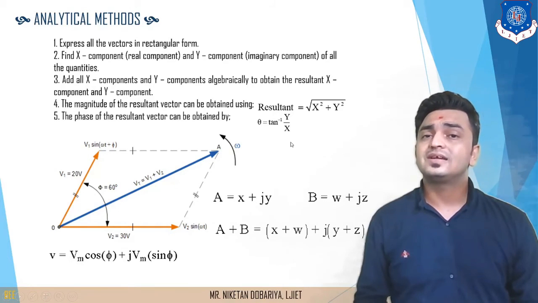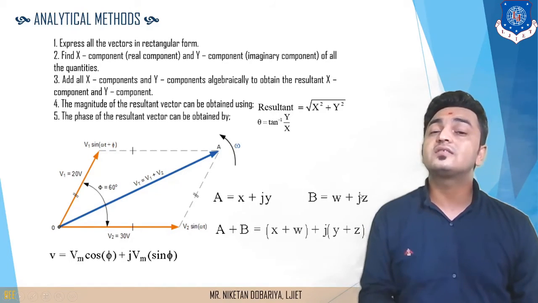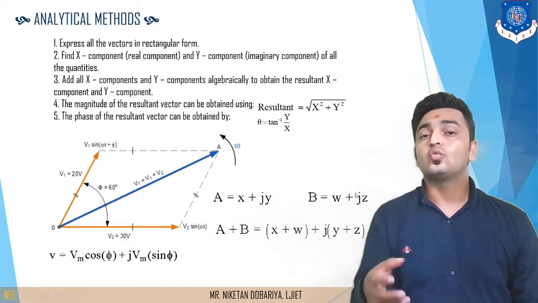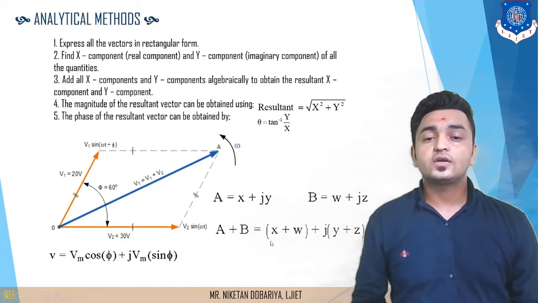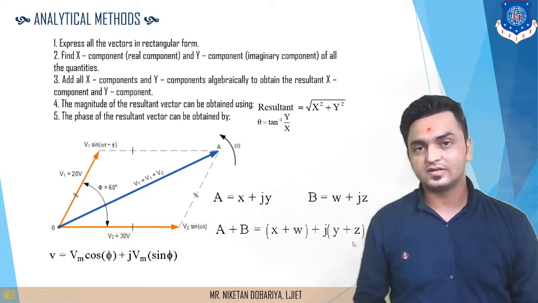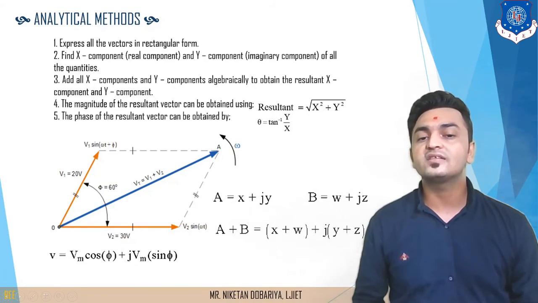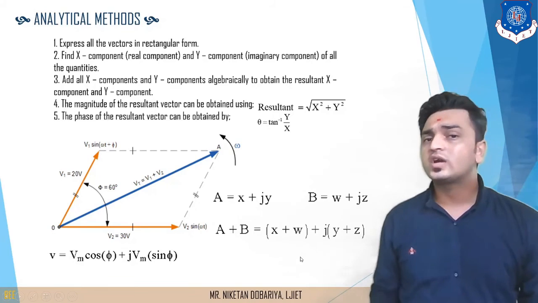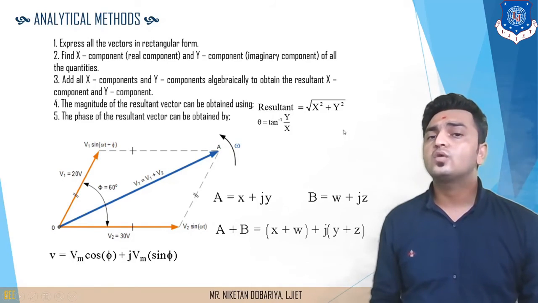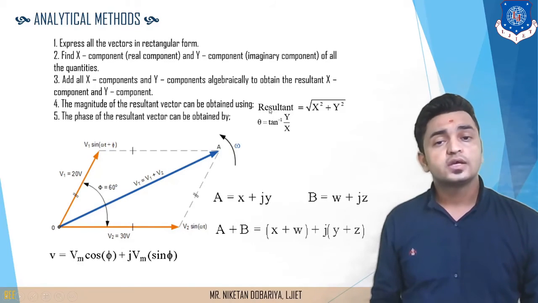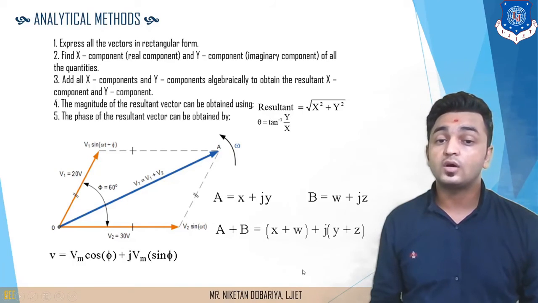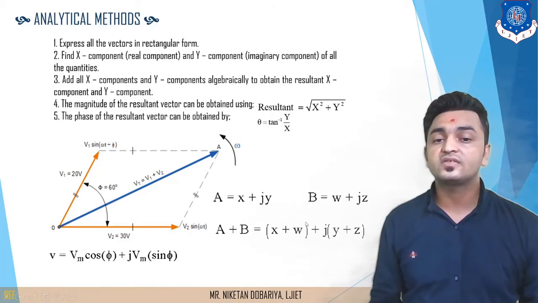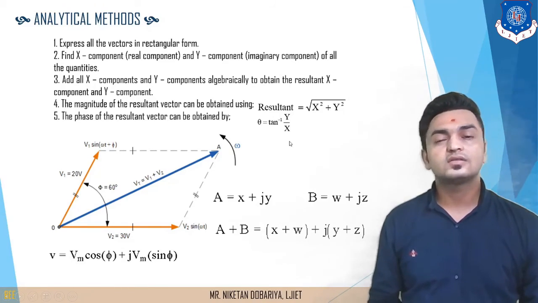And again, let's say if we want to find out its polar form, so what can we do over here? Here we have a final x component of this resultant and a final y component of this resultant. That means this is the real component of this resultant, and this is the imaginary component of this resultant. To find out its resultant value, we can use this equation: the magnitude of the resultant is equal to the square root of x square plus y square, means the square of this component and the square of this component, and the square root of all, that will define the resultant.